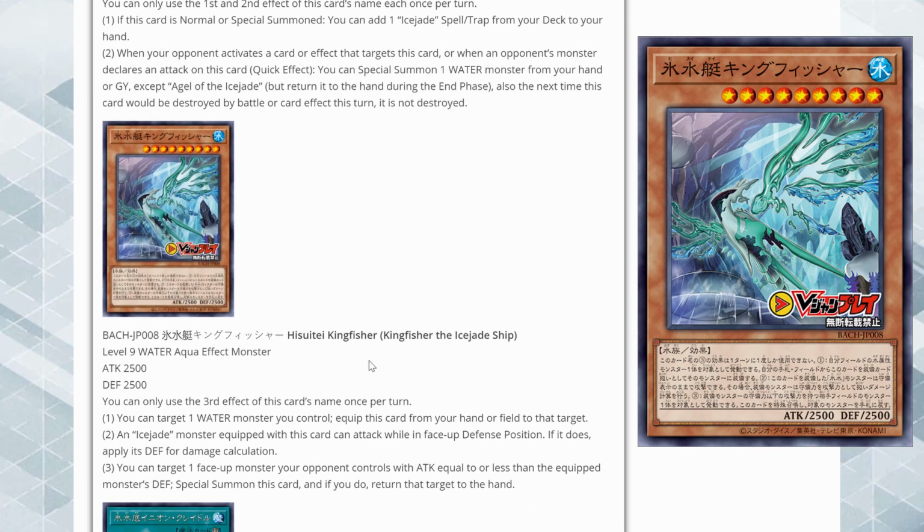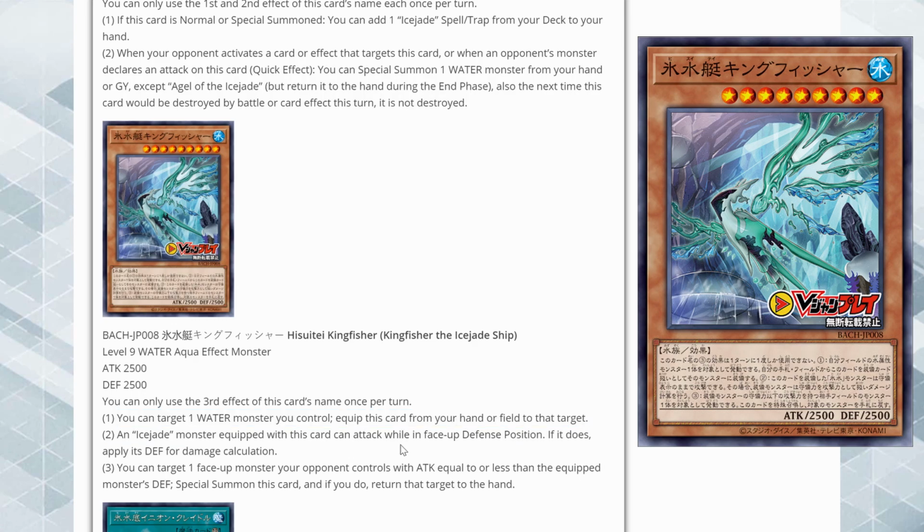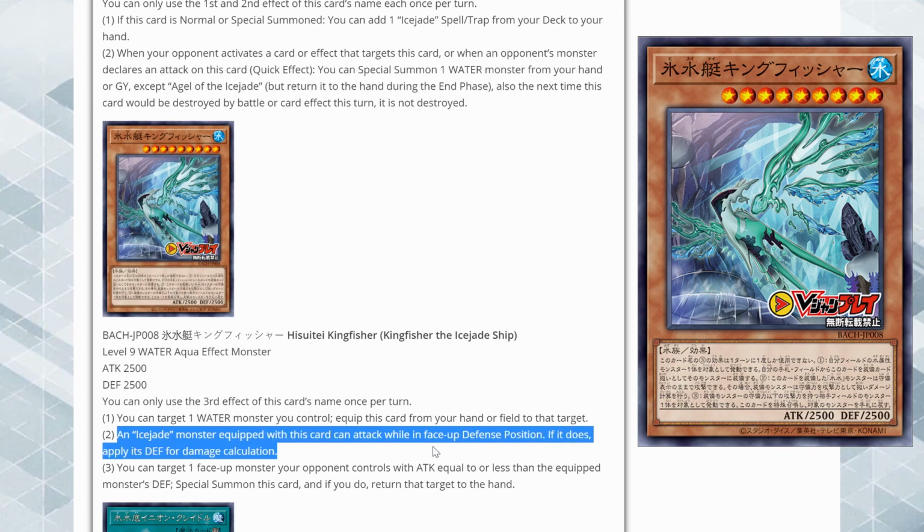And here we got Kingfisher of the Ice Shade ship. She's a level 9 water monster, so this is like the second boss monster. You can only use the third effect once per turn. You can target one water monster you control. Equip this card from your hand or field to that target. Okay, so it's an equip card, basically. An Ice Shade monster equipped with this card can attack while in face-up defense position. If it does, apply its defense for